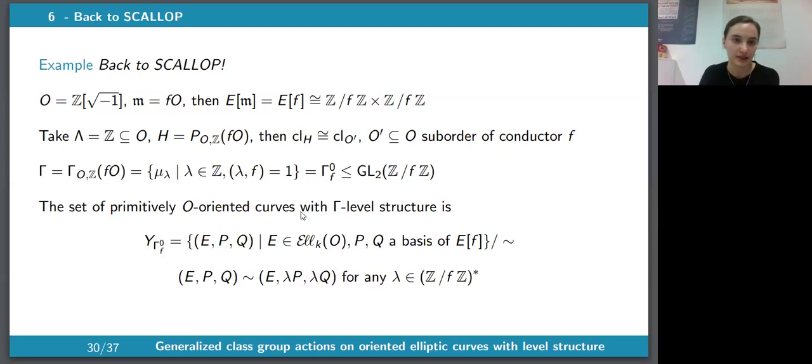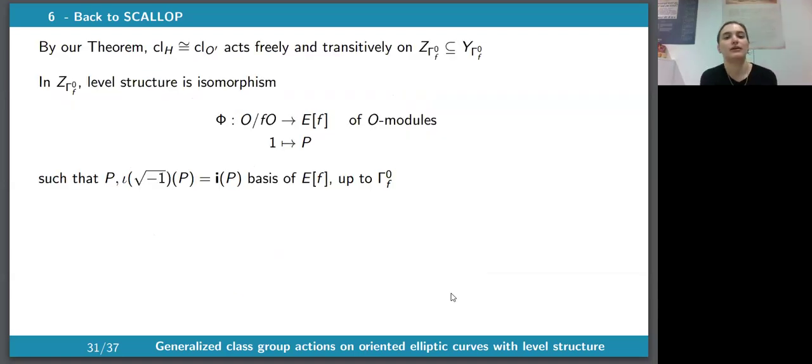What is then now the set of primitively oriented curves together with gamma level structure? It will be primitively oriented elliptic curves together with a basis of F torsion, PQ. And PQ will be considered equivalent to lambda P, lambda Q for any lambda integer co-prime with F. Now, by our theorem, the class group of O prime acts freely and transitively now on Z gamma 0 F, where